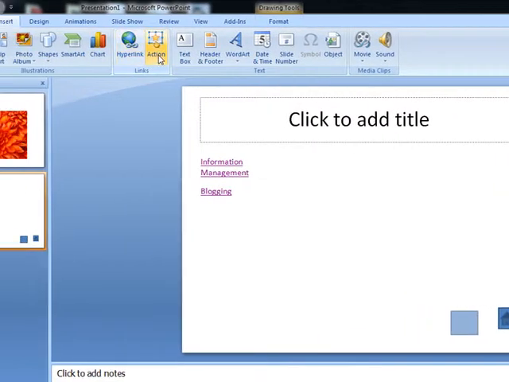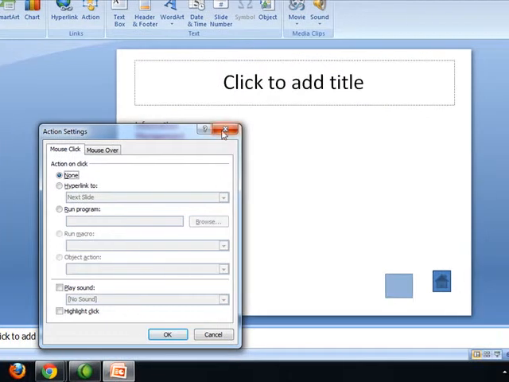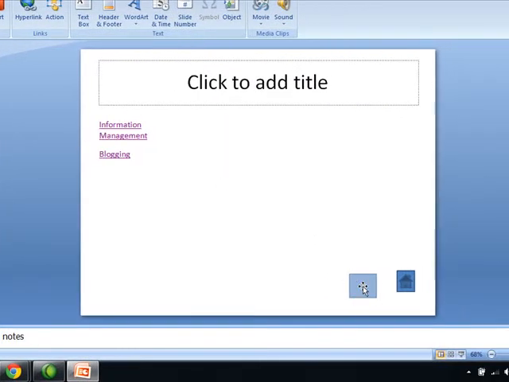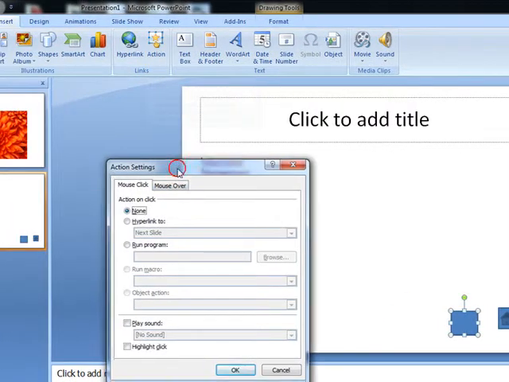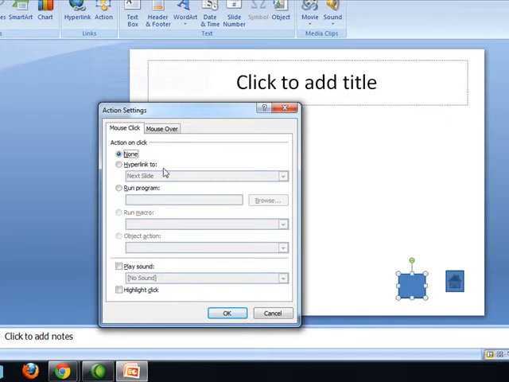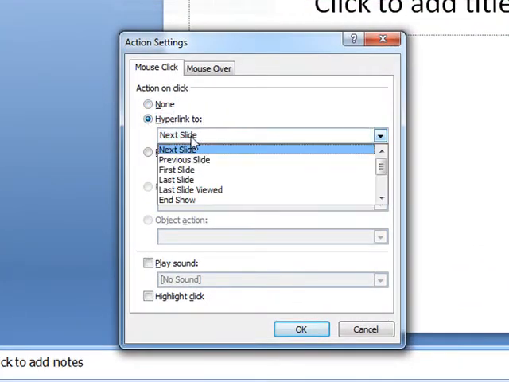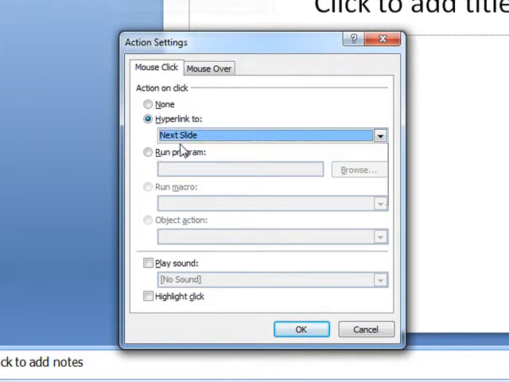For example, if you place an action on it, if you click this box, then it will jump to the slide which you have entered here.